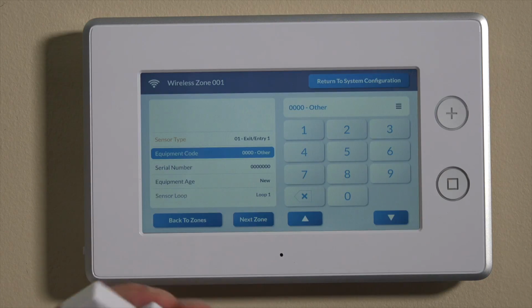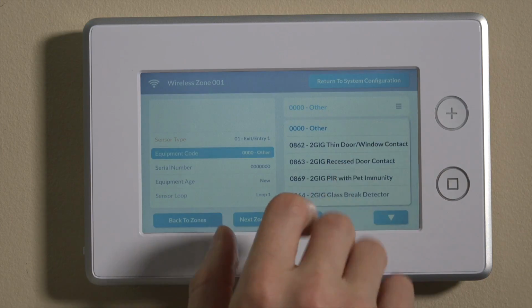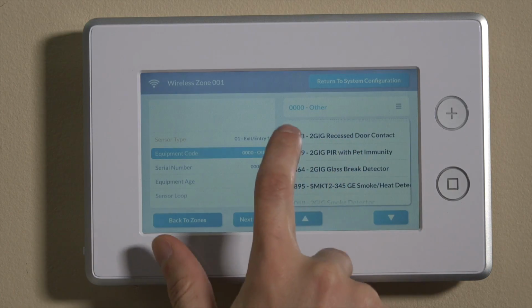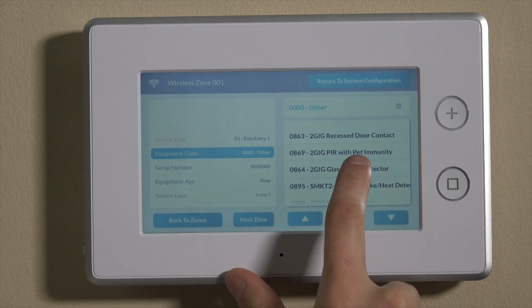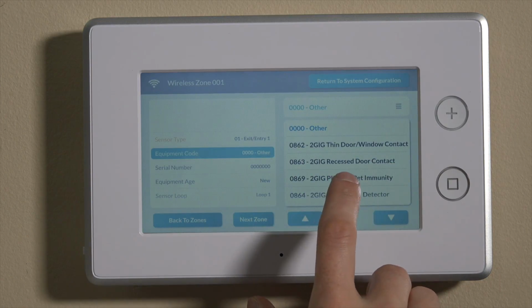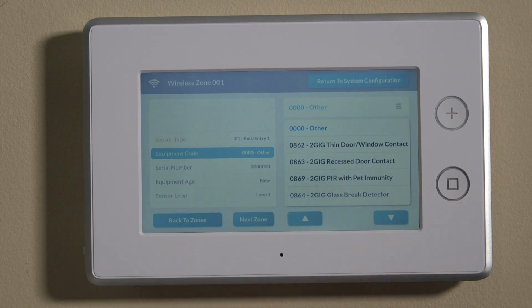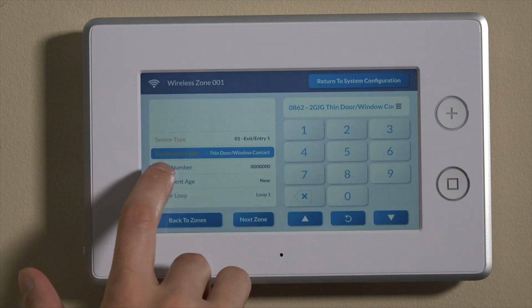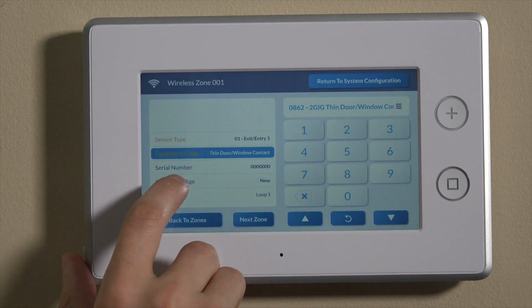Now, each piece of equipment here on the 2 gig panels has a specific number as far as the code and the number associated with that particular piece of hardware. You can use this little 3-line horizontal symbol here on the top right, and it'll actually show you not only the codes, but it'll show you which of these we're working with. So this is actually the 2 gig thin door window contact. So we can select that as the equipment code, and you'll see that turns orange, and then we can move